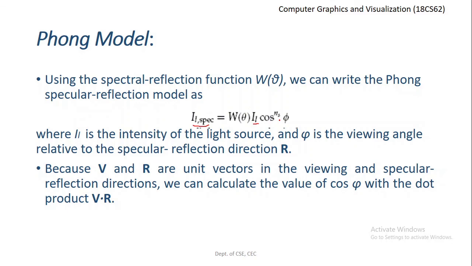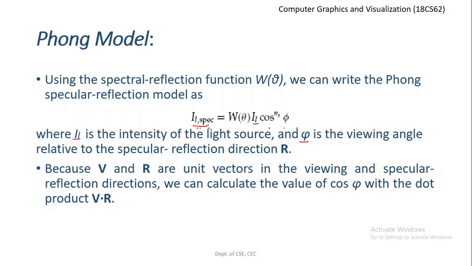So this is the function for the intensity of the specular reflection, where IL is the intensity of the light source,